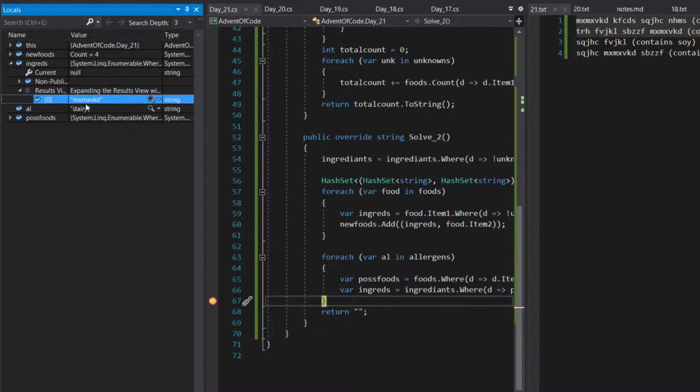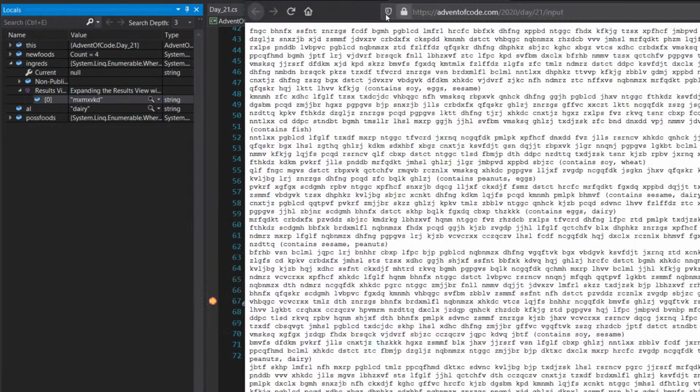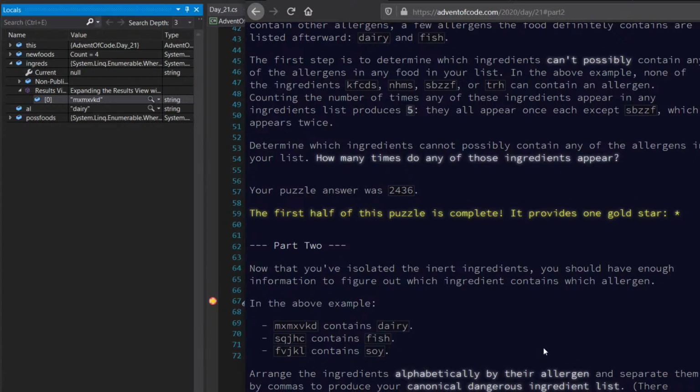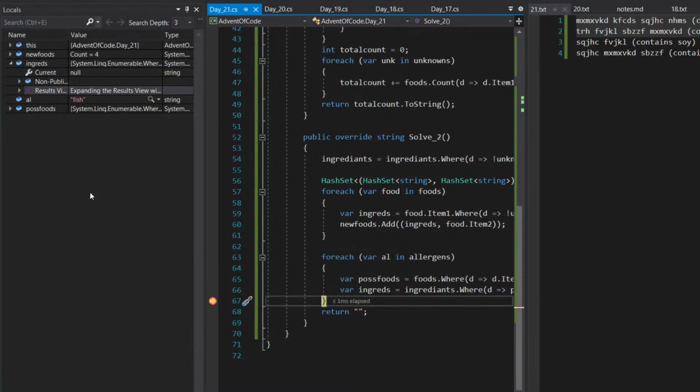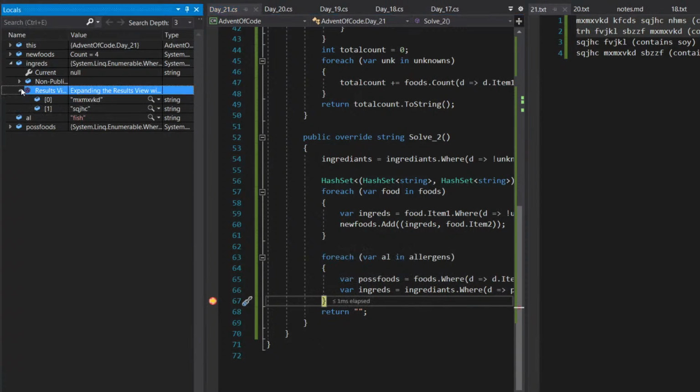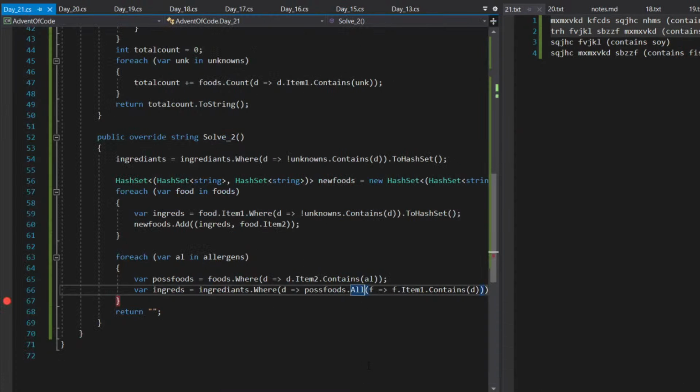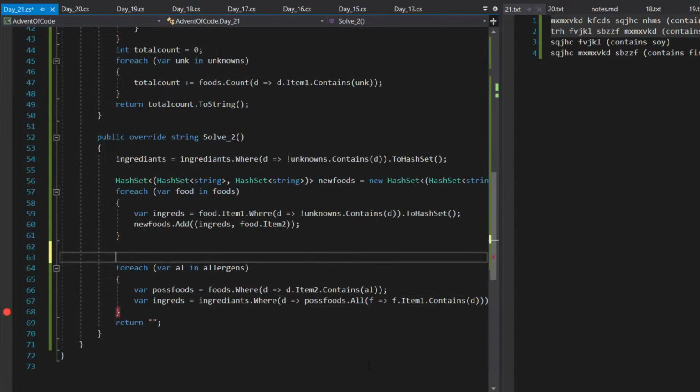So we got one. MX equals dairy. Fish is one of these two. So I guess I can say